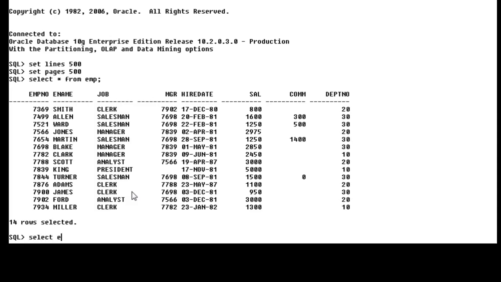Select empno, ename, sal, sal * 12 from emp.